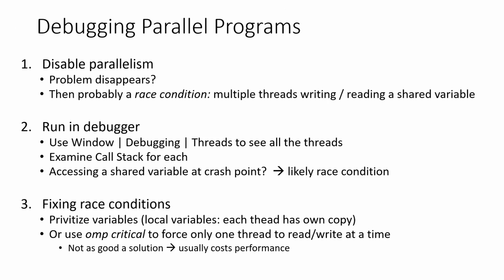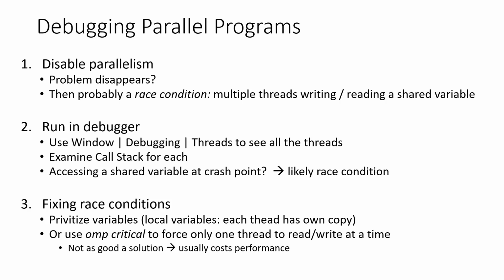Okay. A summary for debugging parallel programs. The first step, the most important step: disable parallelization. If the problem disappears, then there's probably a race condition. Multiple threads are writing or reading a shared variable. Then open the debugger and examine the call stack